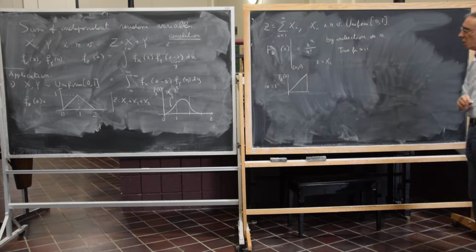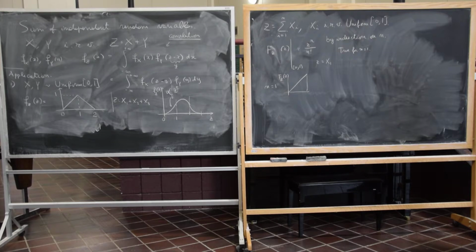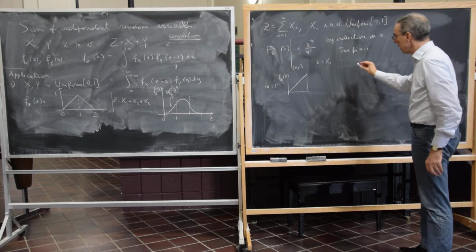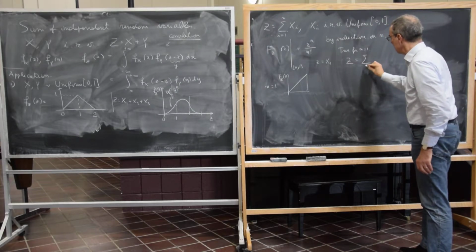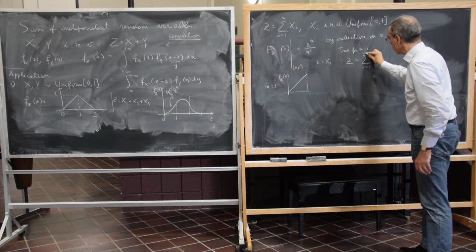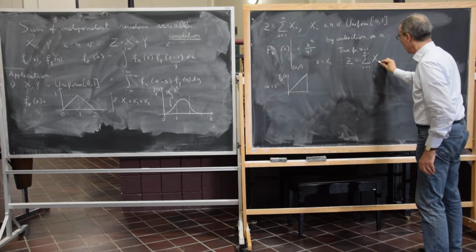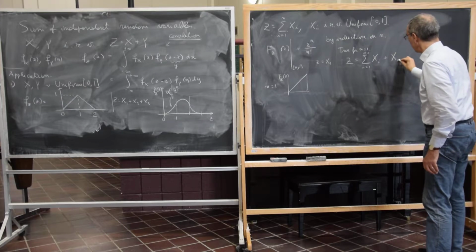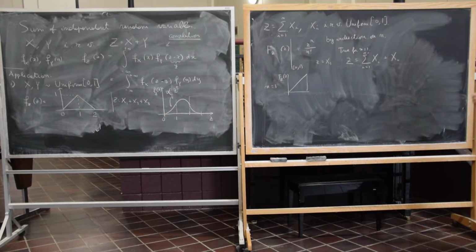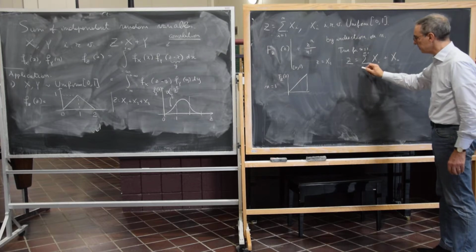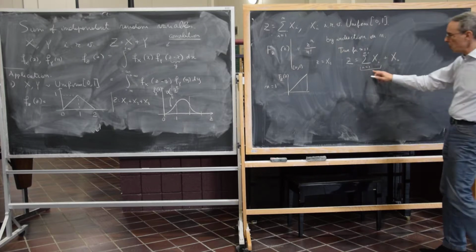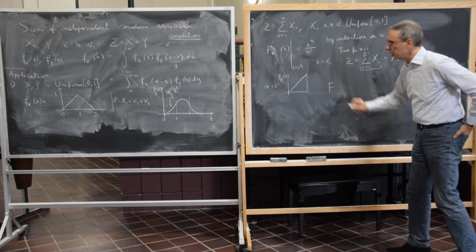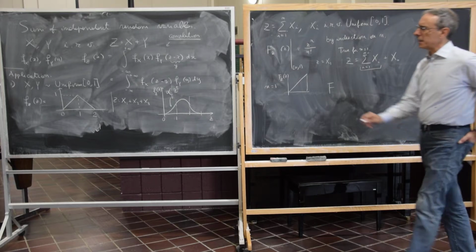Now, given it is true for n minus 1, we want to show it is true for n. So this means that we consider z to be the sum from i equals 1 to n minus 1 of x_i plus x_n. So, for this one, capital F, I think I forgot to mention that there are two